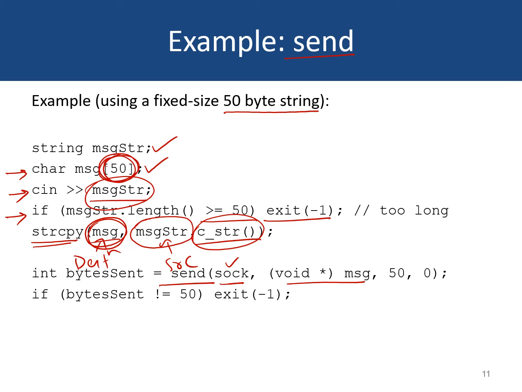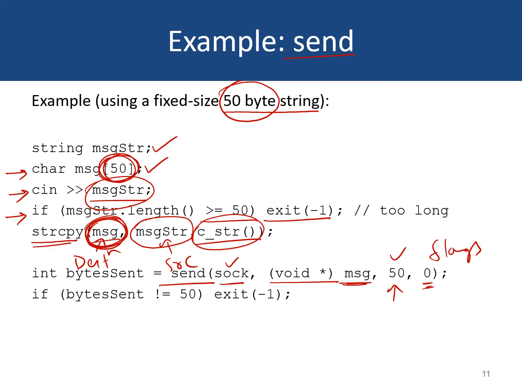So the message is now copied in this message character string or character buffer, but again recall that the second parameter in the send function is basically a void pointer, and that is why we are casting this array of characters into a void pointer. The third parameter here, recall, is the size of the message. In this example, since we are assuming that we are sending a fixed 50 byte string, we have specified this as 50. And the last parameter, recall, is the flags. We have indicated the flags to be 0, which means we are not specifying any special options here.